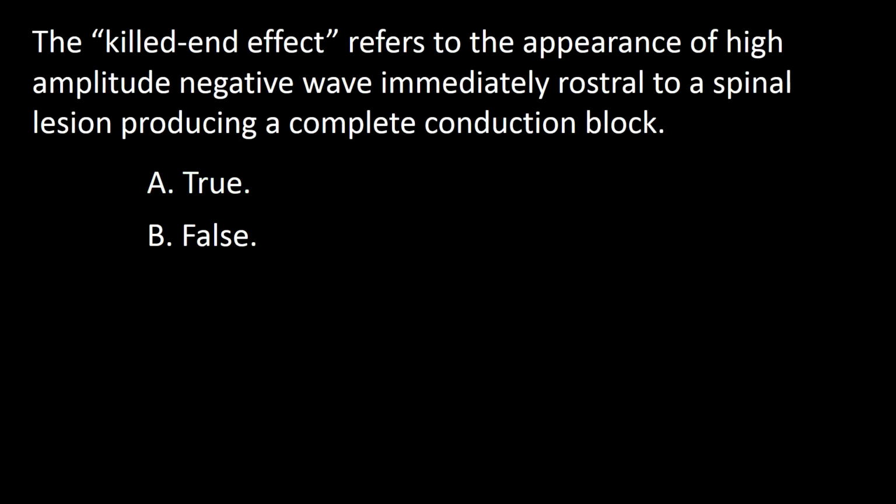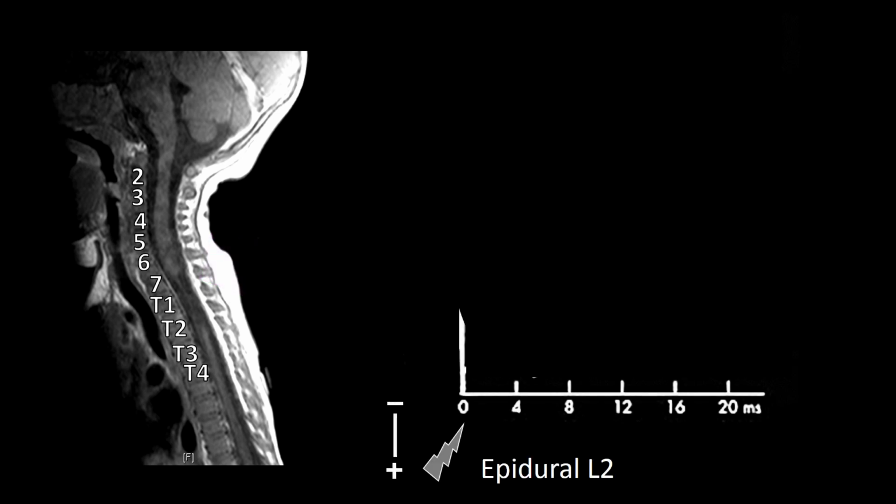Next question. A killed-end effect refers to the appearance of a high amplitude negative wave immediately rostral to a spinal lesion producing a complete conduction block. A true, B false. The MRI in this figure shows a block starting at T1, T2 and ending at about C8. After epidural stimulation at the level of L2,